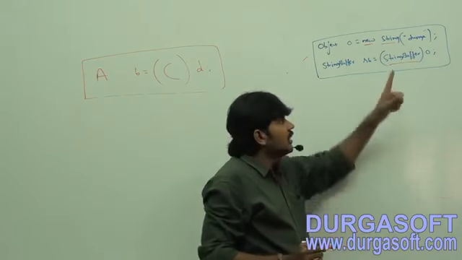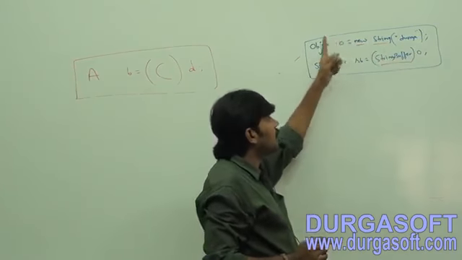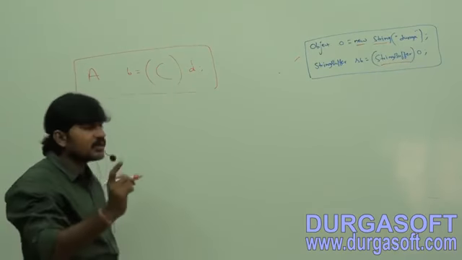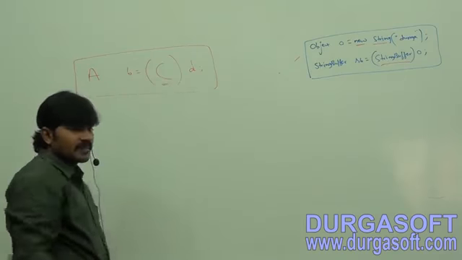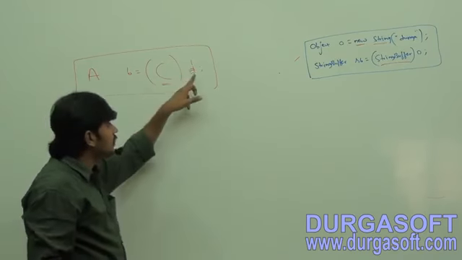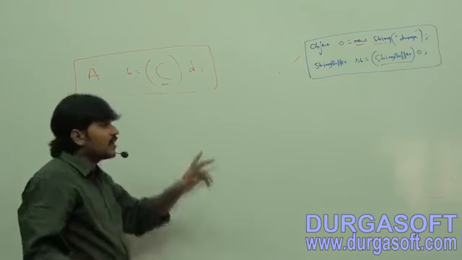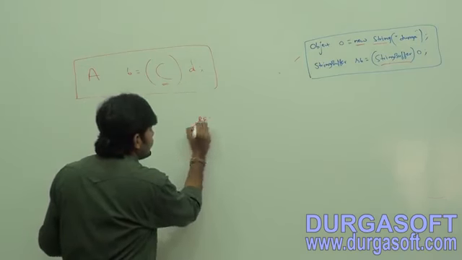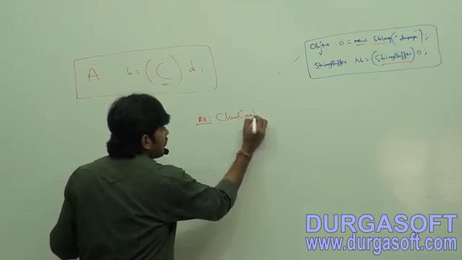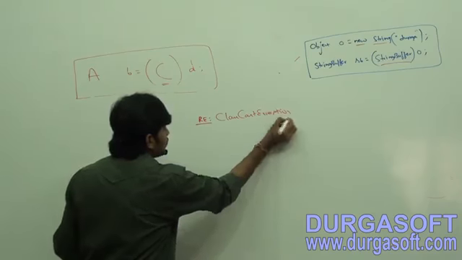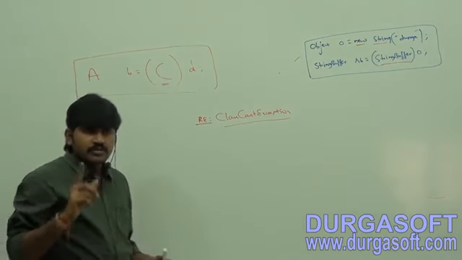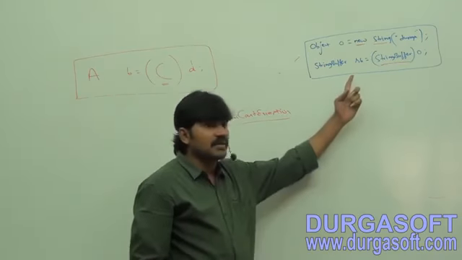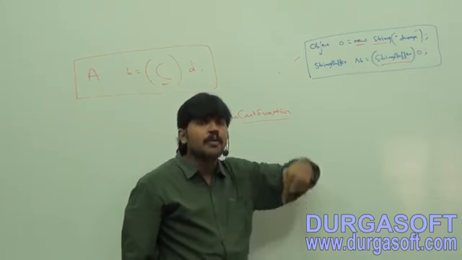Let me repeat once again. The underlying object type of D must be either the same or a derived type of C. Are you getting it? Otherwise, we will get a runtime exception saying ClassCastException. Make sure you are aware. So, whenever I asked first whether it was valid or not, the majority of the people said compile-time error. That is not right. There is no compile-time error, but the problem is at runtime.